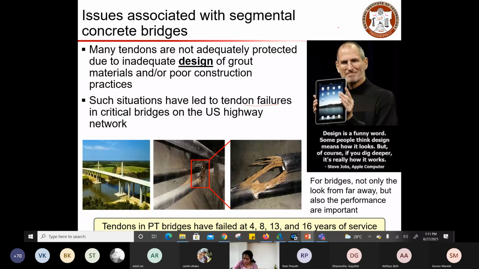Yeah, so this one indicates the importance of design and its functionality. It is not just for how it looks, it is also for how it works. The structure that we design is the same way. It is not about how it looks, but also about how it performs to meet the requirement in the long run.